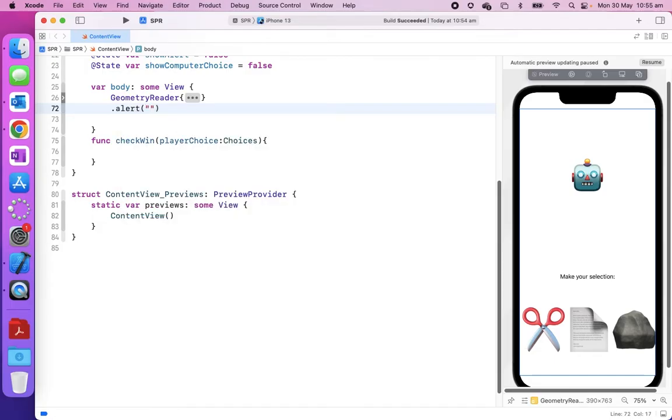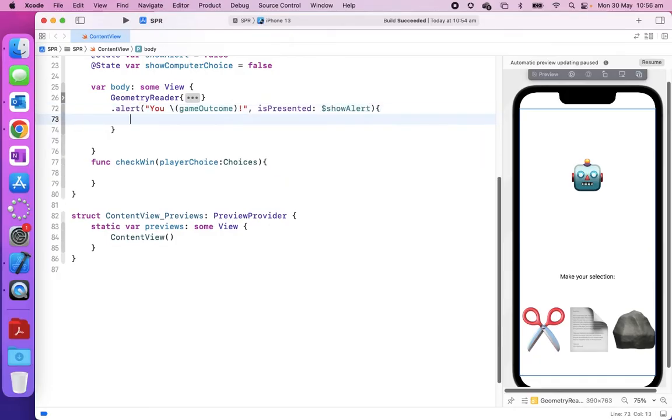Let's just make this one. And then the game outcome, win or lose. Outcome. And then I'm going to say isPresented is going to depend on the showAlert that we've created. And the content of the alert is going to have a button,